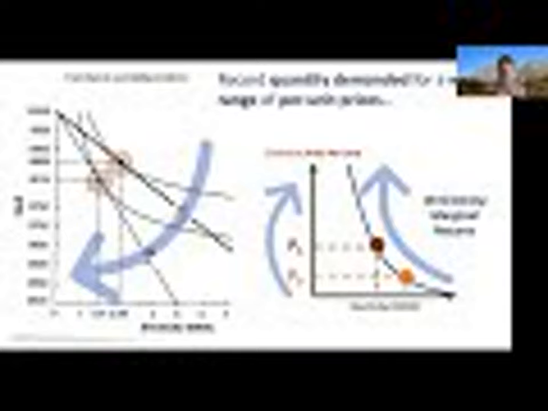And the choke price occurs in this demand curve when the quantity is equal to 0. So this is saying that when you don't own any, how much would you be willing to pay for one unit, for your first unit? And that's the choke price. So if we set the price of a good above the choke price, no one's going to buy the good, or at least no one with a choke price below that is going to buy the good. So once a price swings below the choke price, then people start buying. So that's why we call it a choke price.